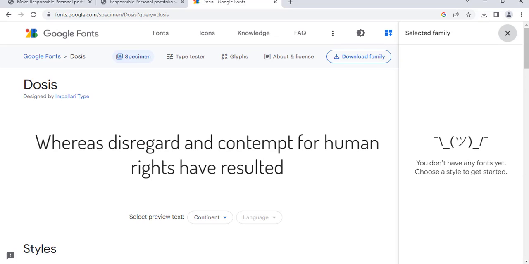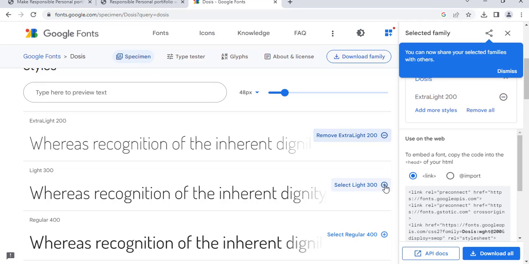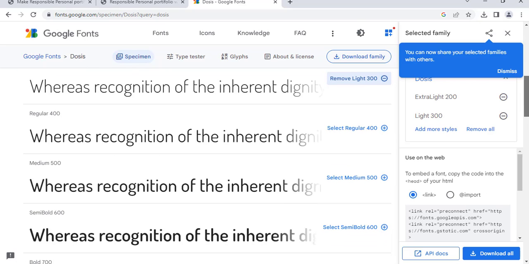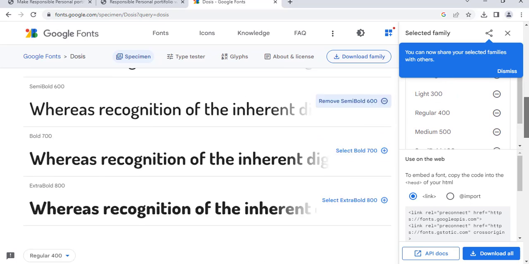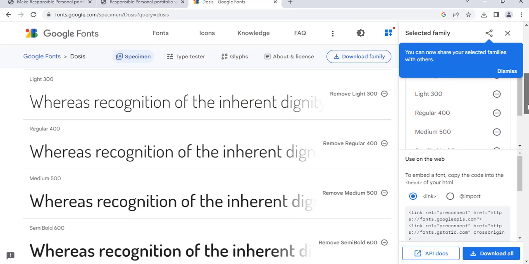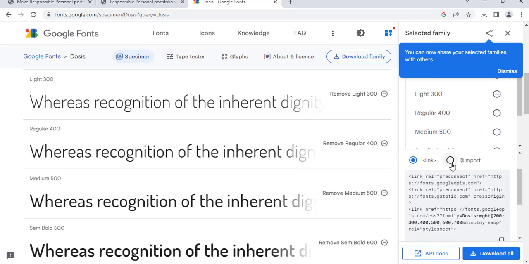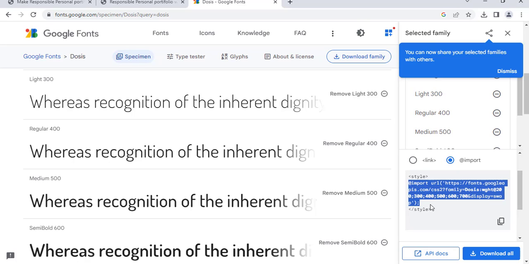So now click over here and then find the font weight right here. Select this. And then click over this import checkbox right here, and now copy this link. We have this link right here,